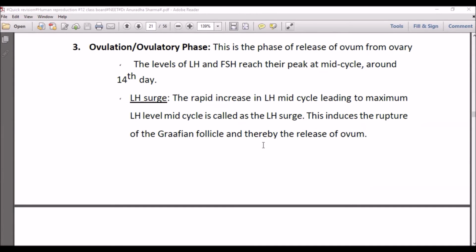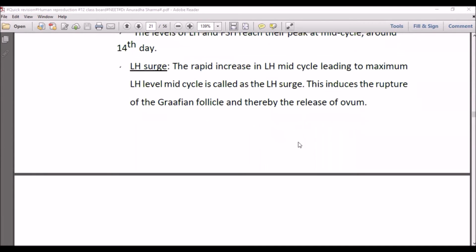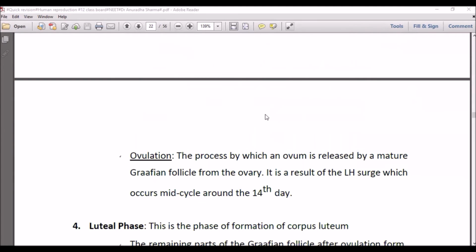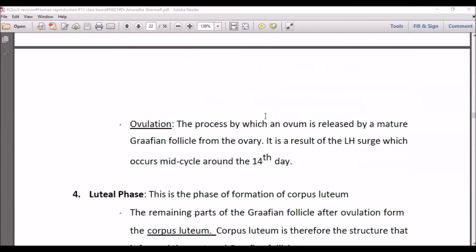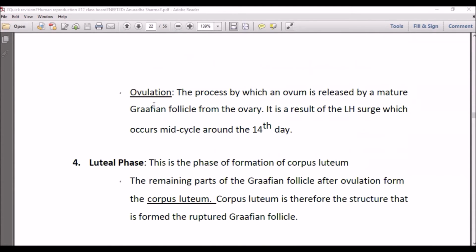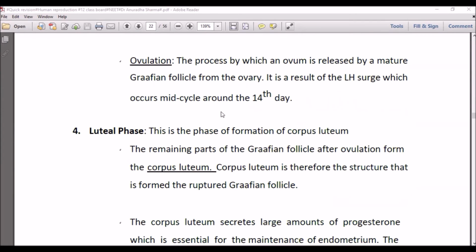So this induces the rupture of the Graafian follicle and release of ovum, and it occurs on the 14th day because the levels of the hormones are at their maximum value. Okay? Now, what is ovulation? The process by which the ovum is released from the Graafian follicle, from the ovary, is known as ovulation, and it occurs in mid-cycle, that is